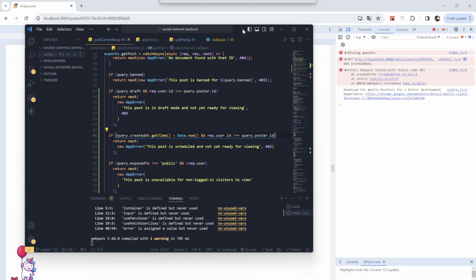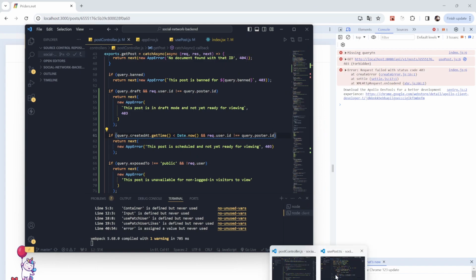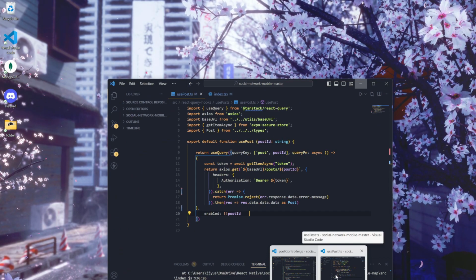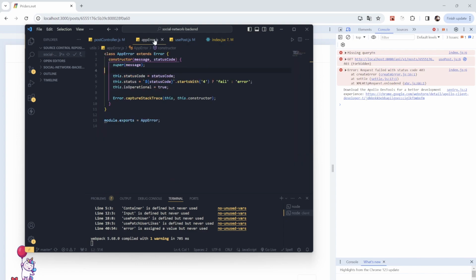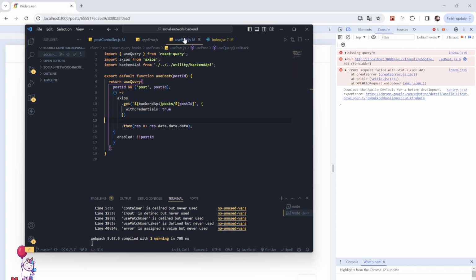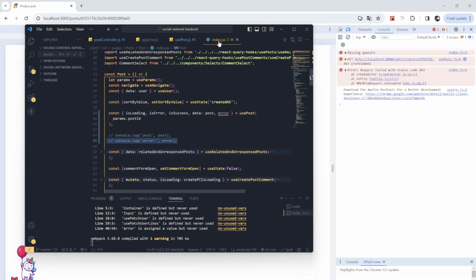Now the problem is we are not getting the error message, right? React Query doesn't really just give you the error message on the go. So how do I get my error message so that I can display it to the user? Well, what you need to do here is that you have to grab the error